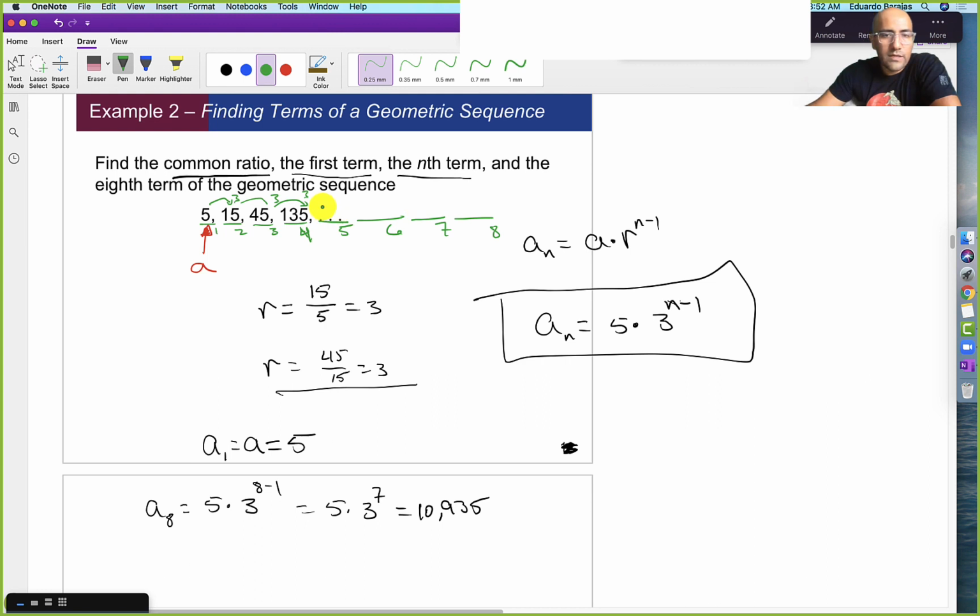135 times 3, the next one is 405. Multiply that by 3, the next one is 1215. Multiply that by 3, the next one is 3645. Multiply that by 3, and the next one is exactly what we got, 10,935. So we could have gone this route, and it wouldn't have been that bad since we only had to